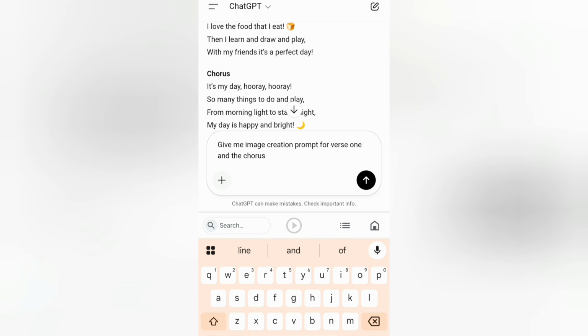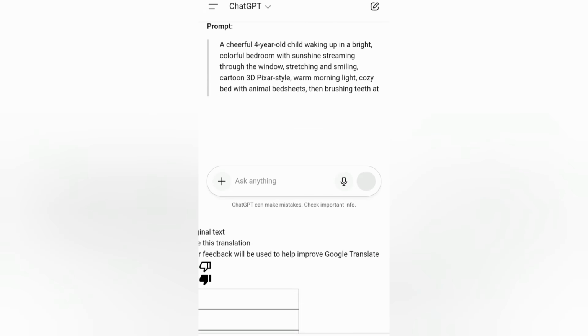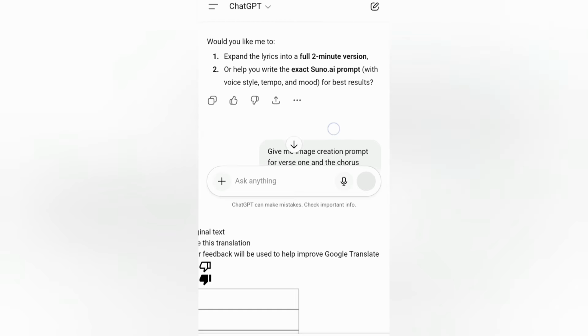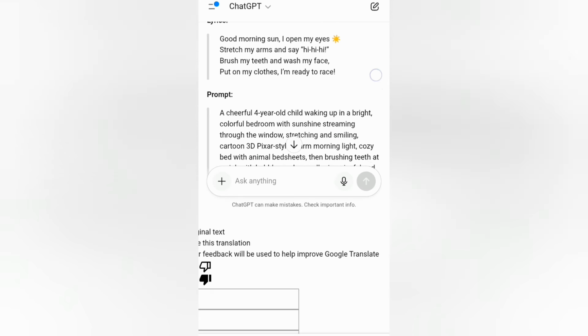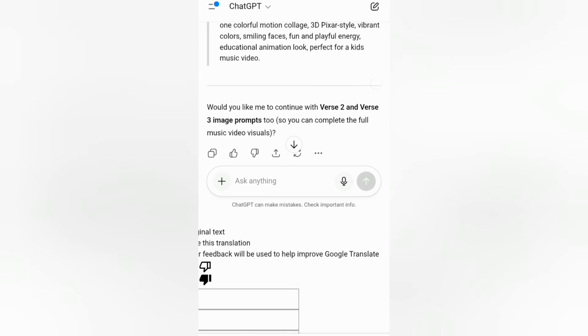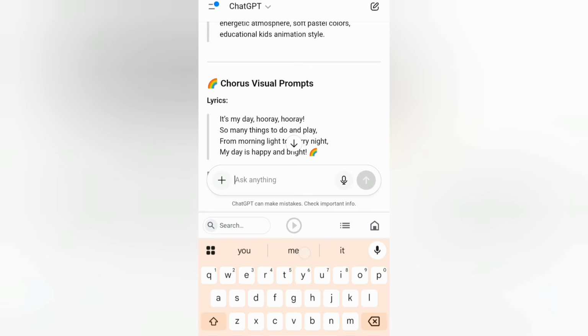Okay, now you can see ChatGPT just gave me the image creation prompts for verse 1 and the chorus, but I decided to make it more interesting, because if one verse is just started by one video or one image, it is not interesting at all. So I have decided to create 3 images and 3 videos for each, for the verse and the chorus. Now tell ChatGPT this: give me 3